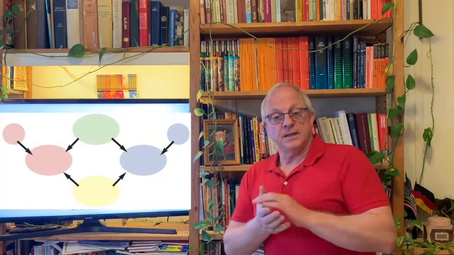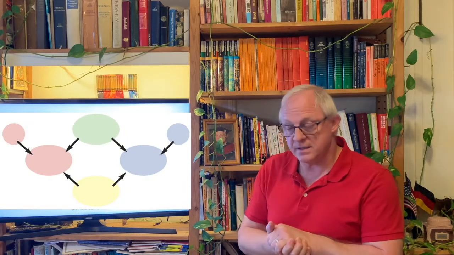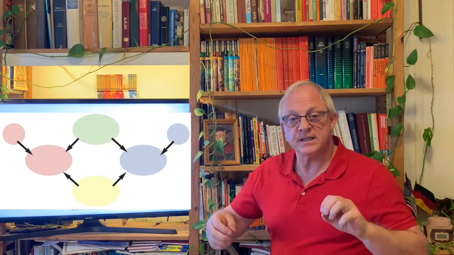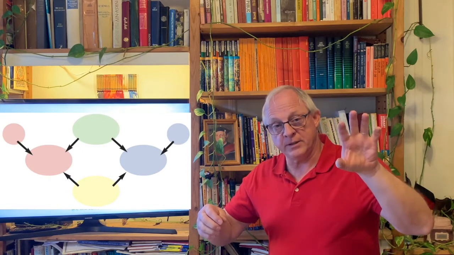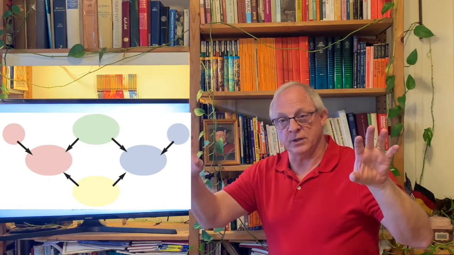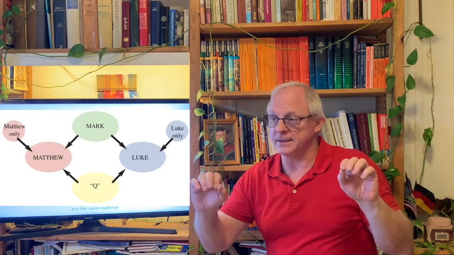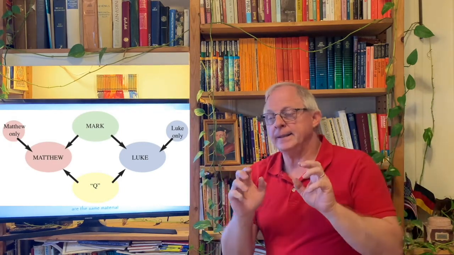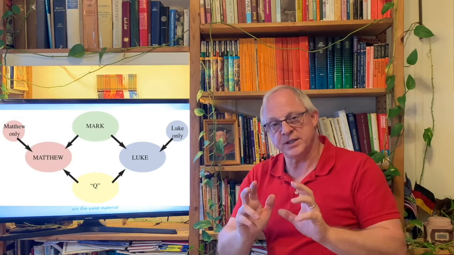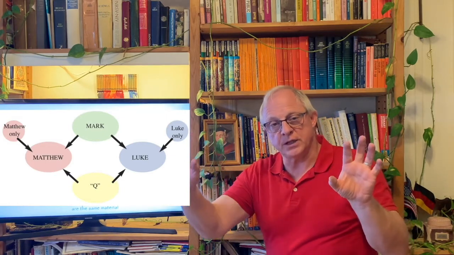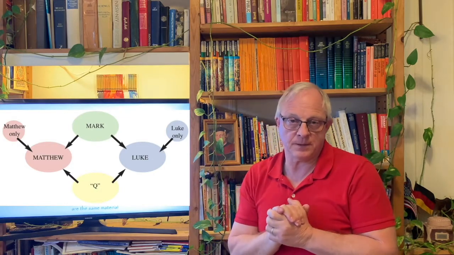So that's the story of the two-source hypothesis: that the Gospel of Matthew and the Gospel of Luke share material from the Gospel of Mark. Each one of them has extra material. There is Matthew-only material, and there is Luke-only material, and then there is the source Q, a shared source that Matthew and Luke are using, but that does not show up in Mark. That's the background to the Gospels, and in our next lesson we will delve first into the Gospel of Mark.